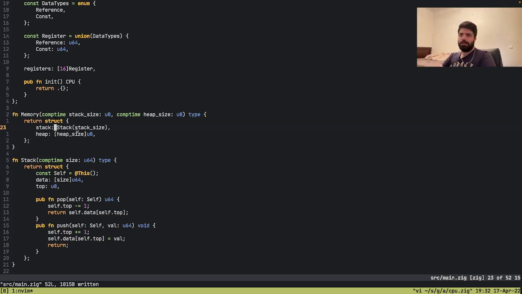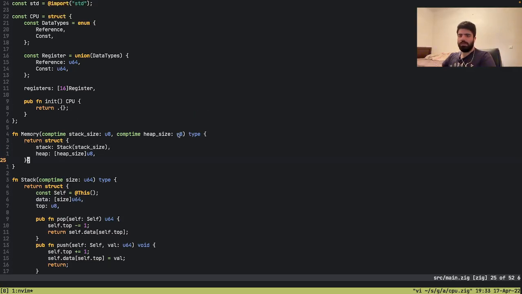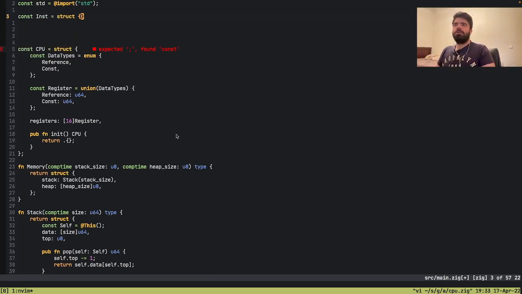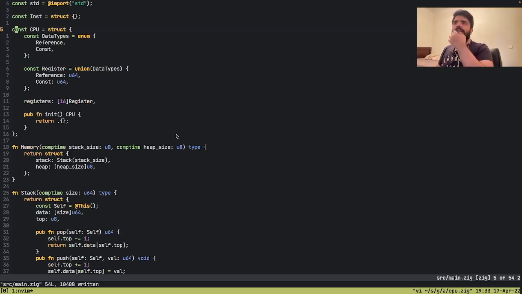This memory has some other functionalities that we didn't implement. So for the stack we have this, but there are going to be methods on this as well, but we didn't implement these. So let's actually talk about instructions of our CPU. So an instruction in our CPU is